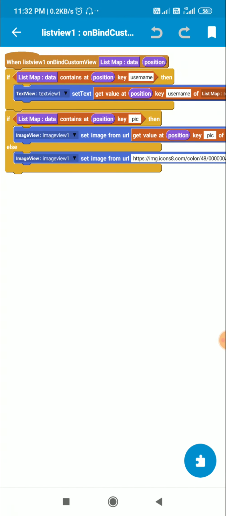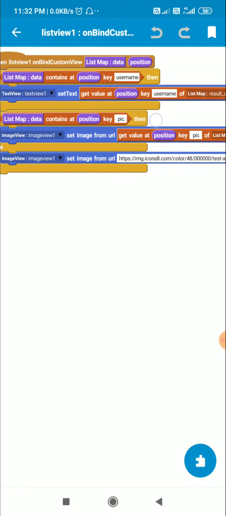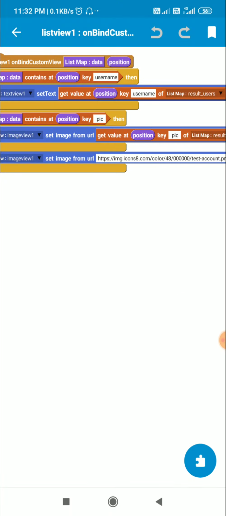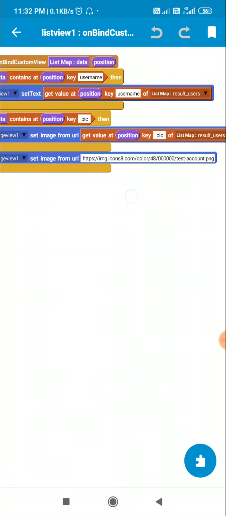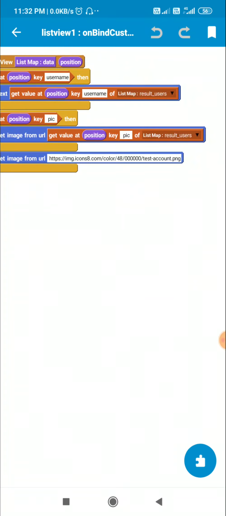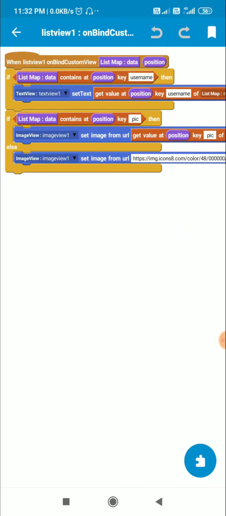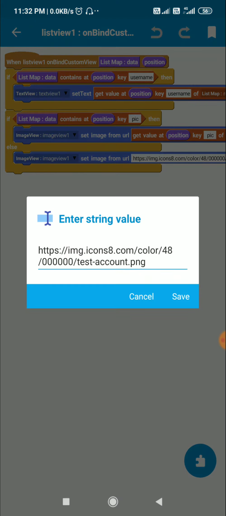So here if list map contains key username, then I display key username of list map result users in text view 1, and if it contains the key pic, then in image view 1 I set image from URL get value at position key pic of list map result users, and if it doesn't contain the key pic, then I display a default profile pic using this URL.